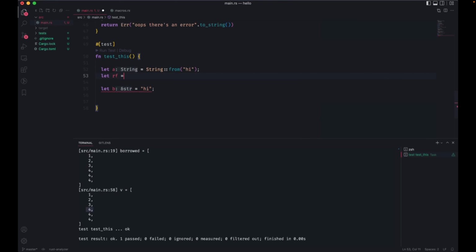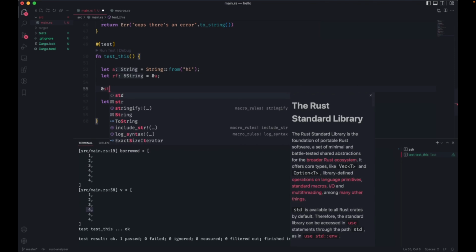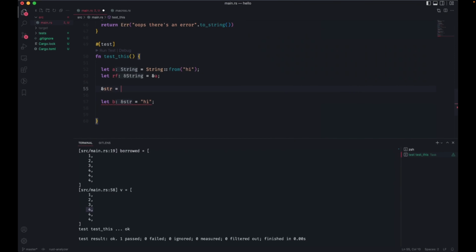And then, just to be clear, if I do this, I'm getting a reference to a string. This reference to a string and a pointer to a string are effectively the same thing.